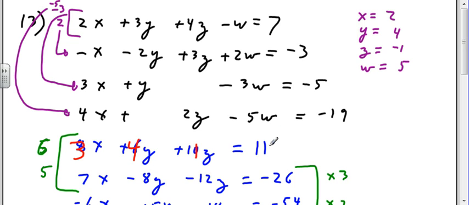14 minus 3 is 11. Wow, we messed up the first line really big time. I don't believe it. Now, 2 times 2 is 4, minus 1 is 3. Oh, bummer. So this is minus 6